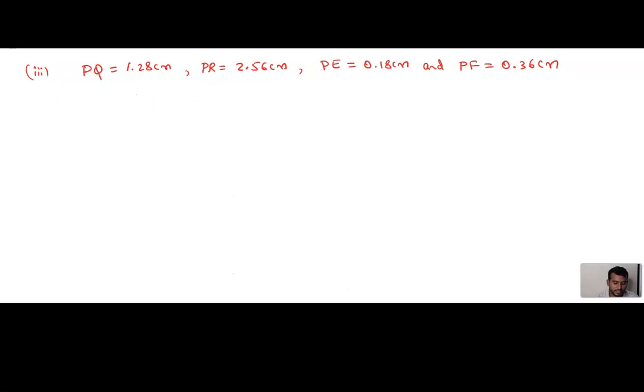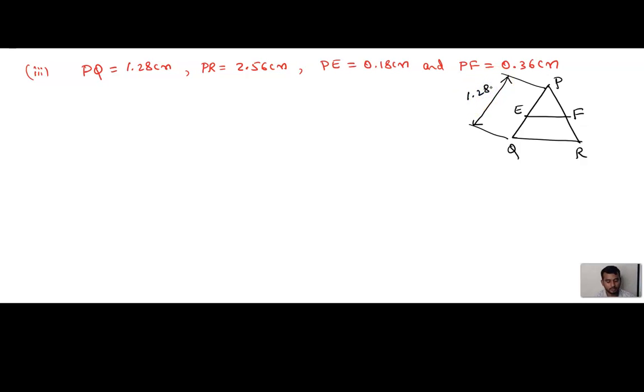See here, students. Next option. Again, same way we can draw one triangle PQR. Triangle name is PQR. And we are going to draw one more side which is named EF. Again by using this condition we need to check whether EF is parallel to QR or not. Done? Good. Now here you can see one small change he has done. What is that? He has given PQ. Can you see this? PQ means full side he has given. Till now he was giving half, right? But now he has given full PQ. How much is PQ?